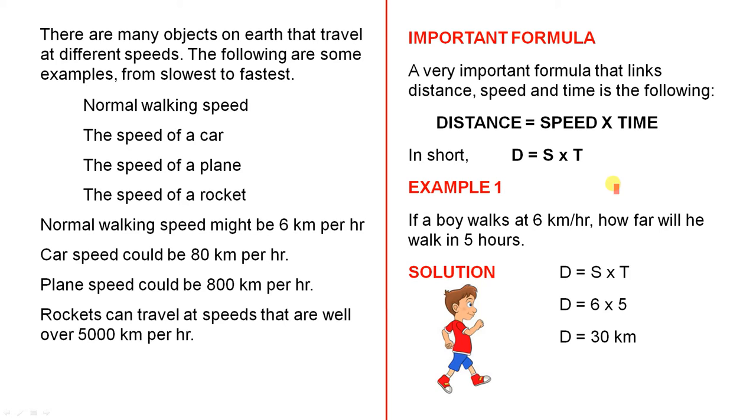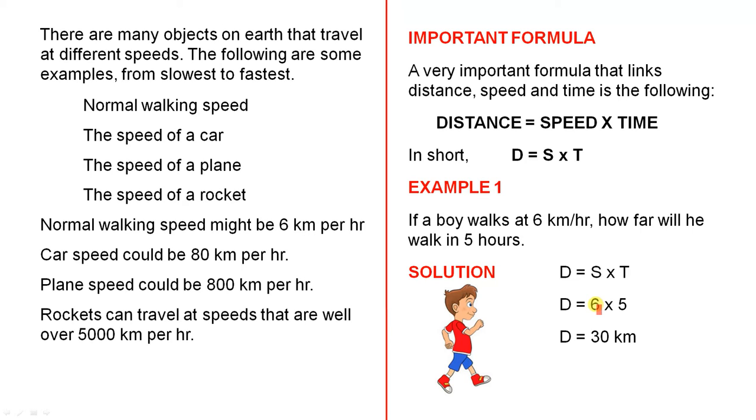Example 1. If a boy walks at 6 kilometers per hour, how far will he walk in 5 hours? So we want to find D, the distance. We have the speed and we have the time. So D equals S times T. D equals